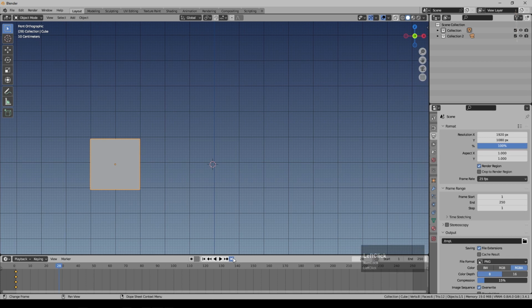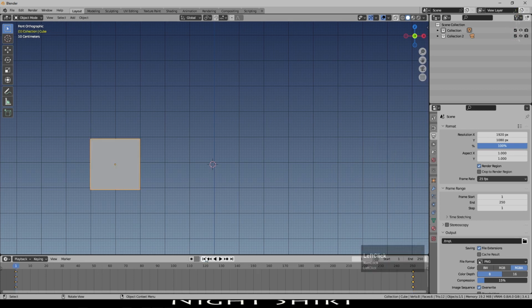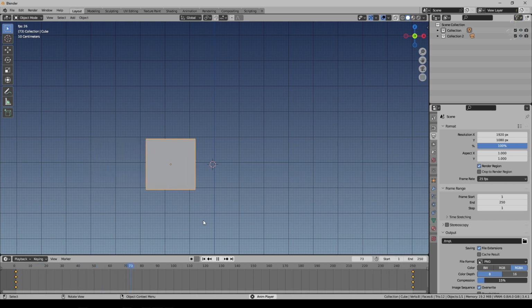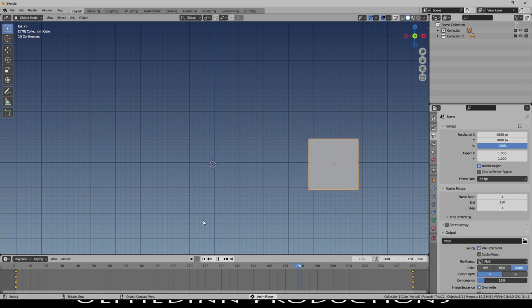It will always want to go back to there until I give it some other position that it needs to be at. So let's go to the end of the time frame, which is 250 frames of course, which at 25 frames a second will be 10 seconds. And now we'll move our cube to the other side of the display. Again, I will press I and select location. So we've got another set of keyframes now. If I click here to go back to the beginning of the animation and then just press spacebar to play, you can see my cube moves as you might expect across the screen.